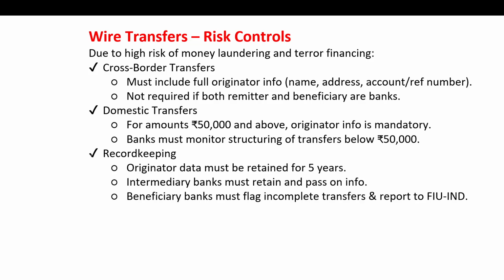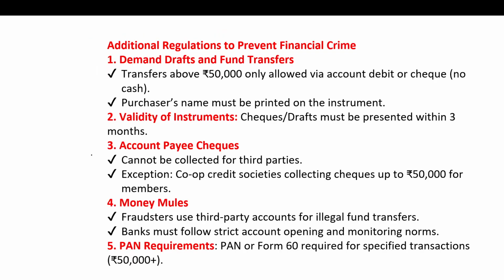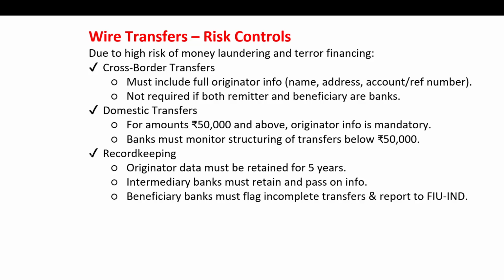If there is any intermediary bank involved, so if there is any bank in the middle of the transaction chain, it must keep all the sender's information it forwards to the next bank, and if not possible for domestic, it still stores information for 5 years. And then there's a receiver's bank. If sender's information is missing, the receiver bank must ask for the information from the sender bank, and if it is not provided, it reports a suspicious transaction report to FIU-IND. And if they don't get any help, they may end business ties with the sending bank.